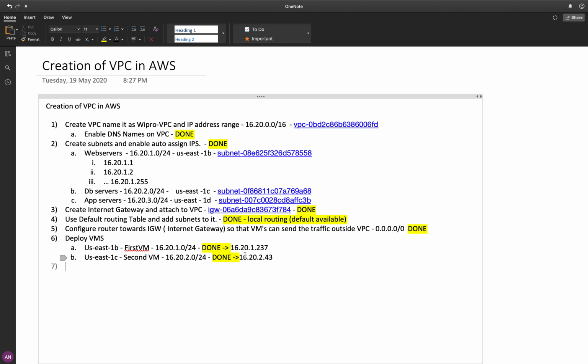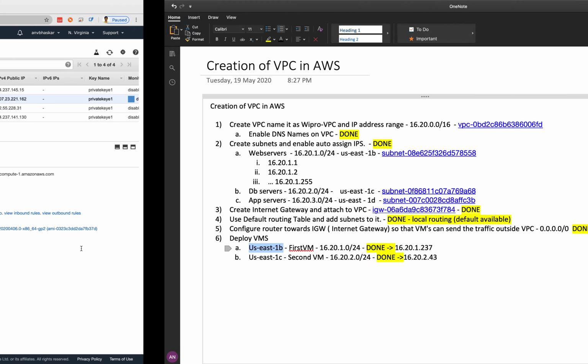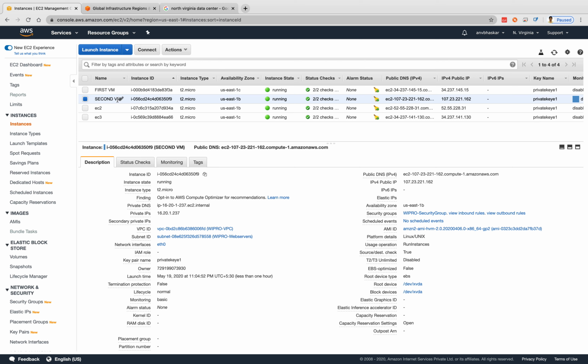If you see, I started with 10.20.1.0/24 and 1.237. This is the common part, only this one is changed. It is given 237 as my IP. If you see the second VM, 43 is given. If you don't know, this is US East 1B, right? Names are given differently.